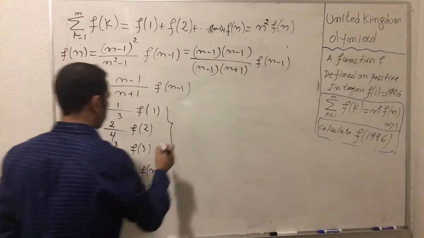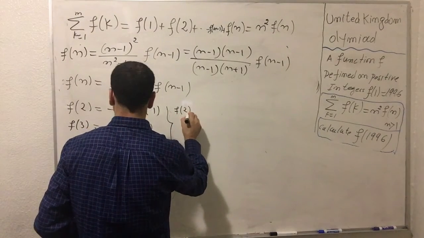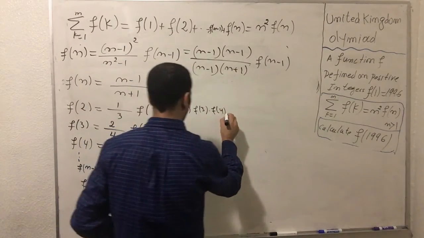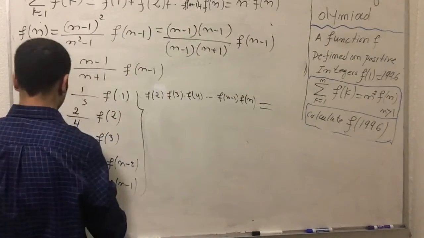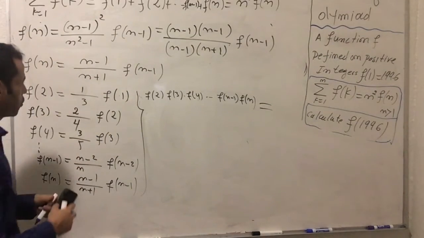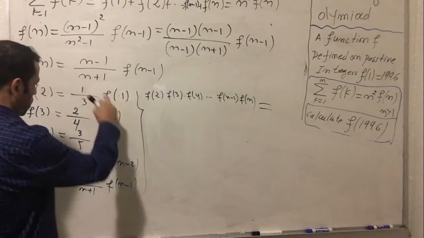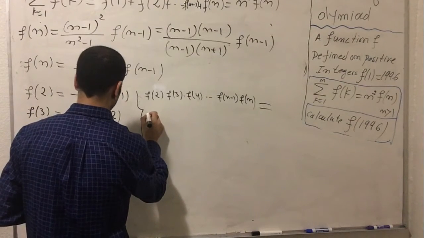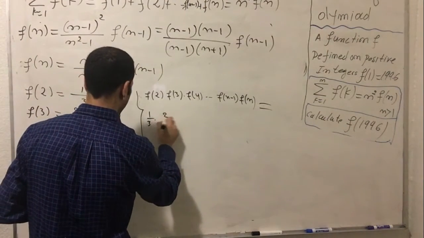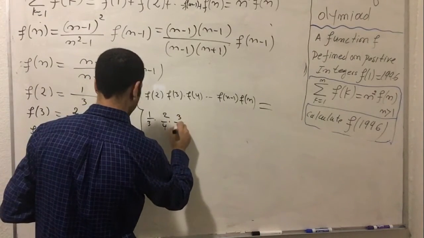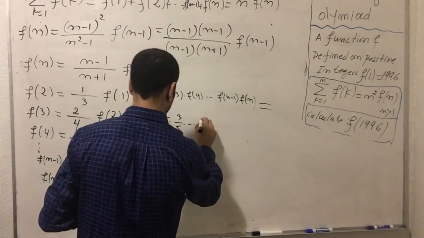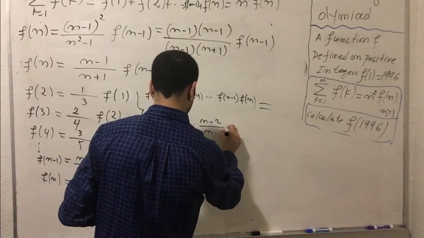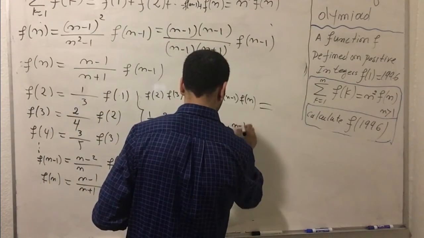So the first product, I will have f of 2 multiplied by f of 3 multiplied by f of 4 and all the way down, equal. I'm moving on to the right side of this equation. I'm going to make another product on the right side. I'm going to multiply the numbers first. So we'll have 1 over 3 multiplied by 2 over 4 multiplied by 3 over 5 and all the way down until you get the term n minus 2 over n multiplied by the last term n minus 1 over